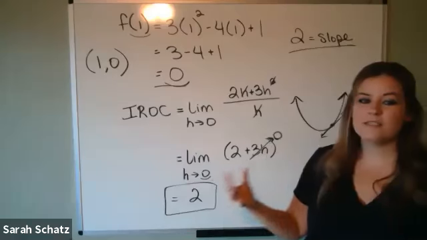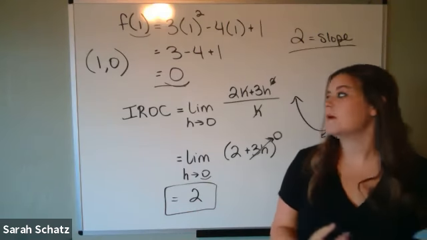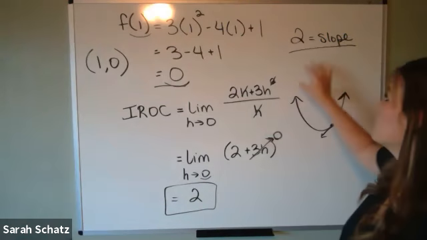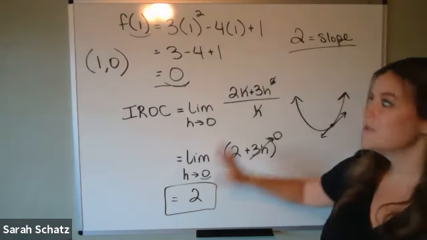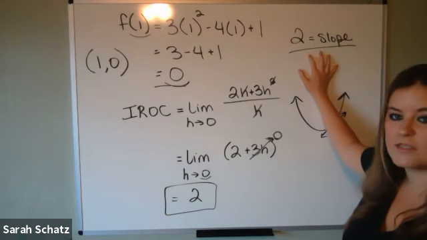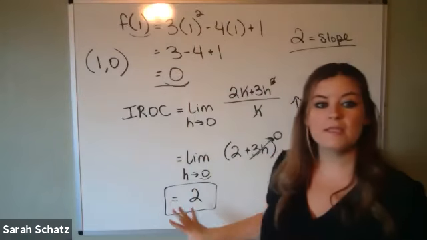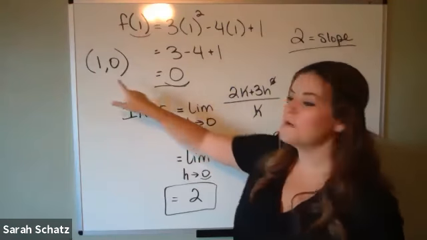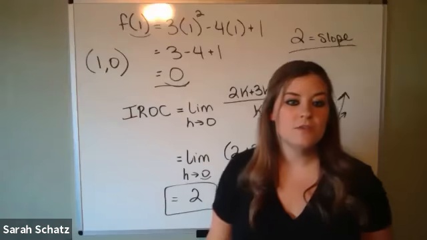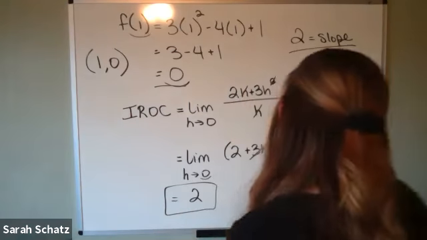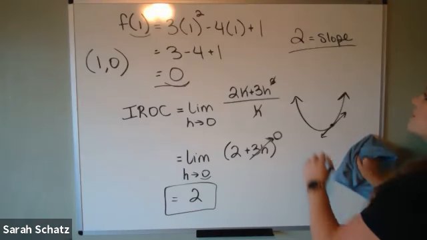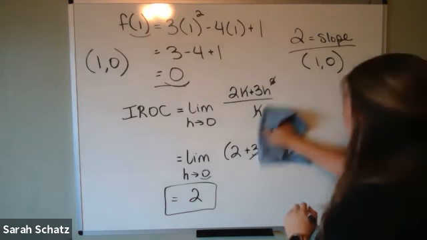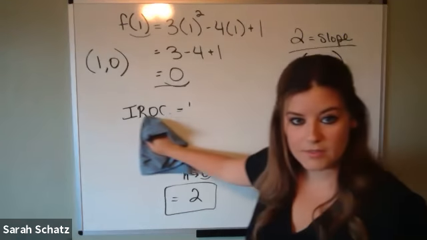So you guys, this isn't a far stretch. There's not a lot of extra work to do because we do all this work just to find the slope of this tangent line. And in doing that work, whatever this f of a is in your output, that's going to be the point on the line that you do use. So I have the slope is 2. I also have a point on the line. So I use point slope form